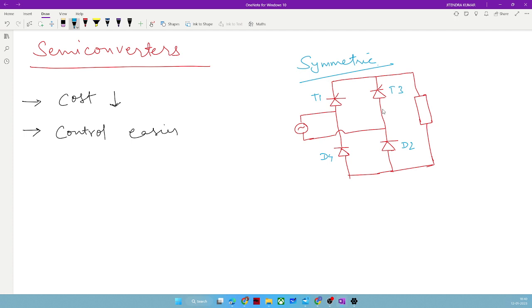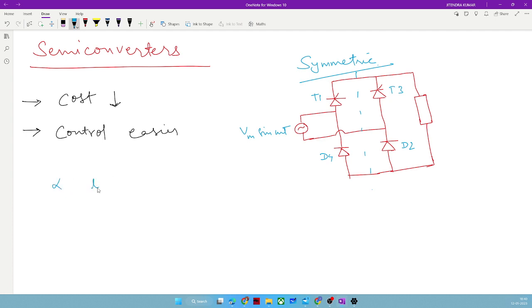Why is this symmetric? First of all, both are symmetric. If you draw any axis like that, it will look symmetric. The second reason is more technical, which we will derive. Again, the supply is Vm sin omega t. When Vm sin omega t is positive for the positive supply, we will talk from instant alpha